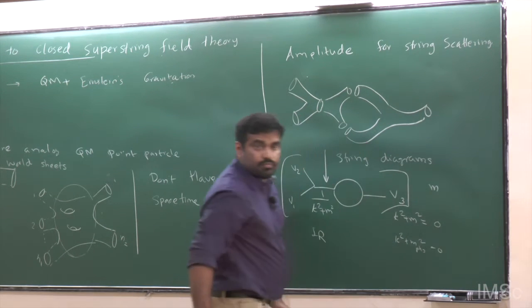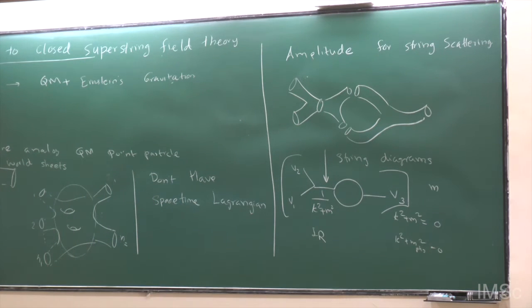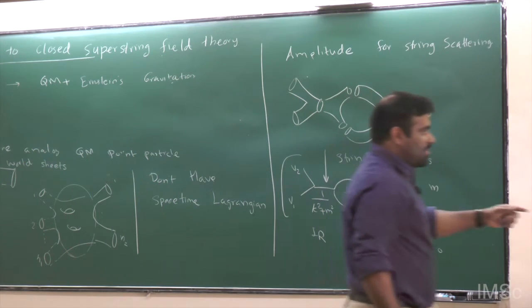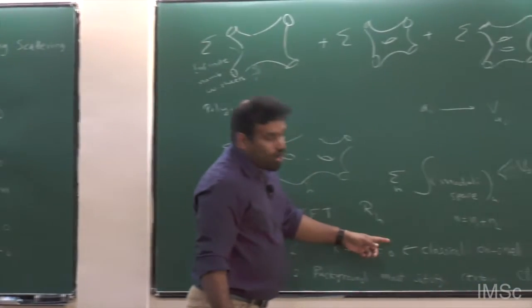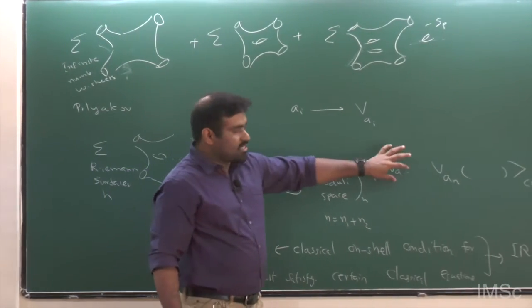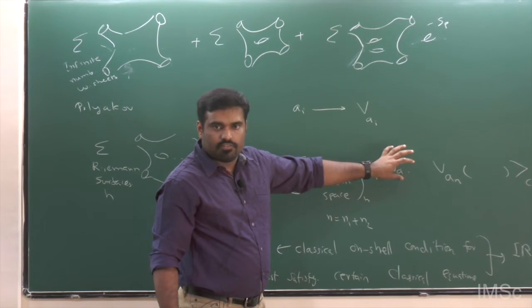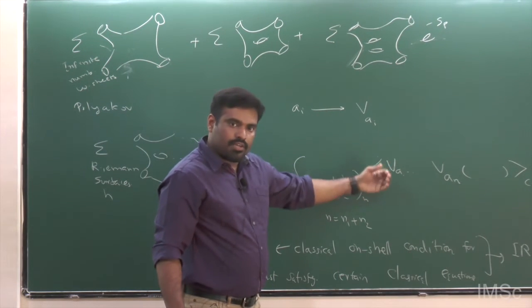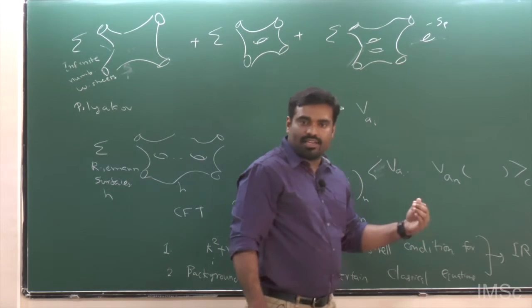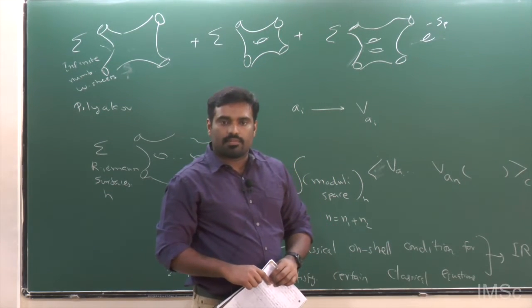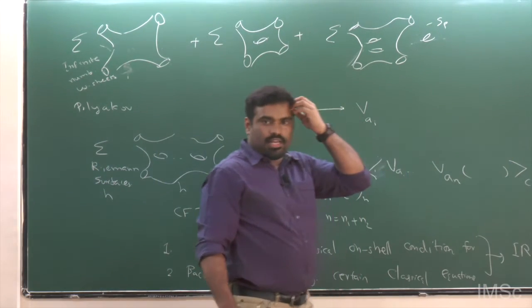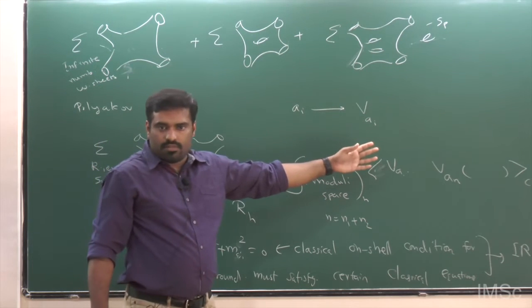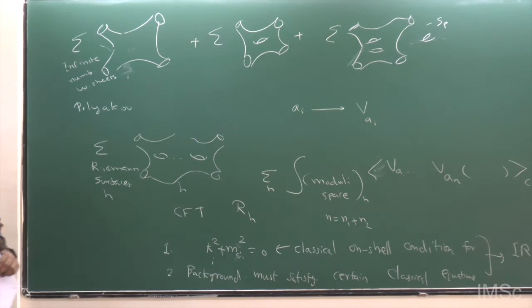So if you agree that even in string theory we demand only whatever we demand in field theory, then we are fine. But then you have a trouble here. If you demand that k square plus m square is not equal to 0, that's equivalent to introducing vertex operators having finite conformal dimension. Then that will introduce dependence on spurious data such as coordinates on the Riemann surface. So whatever you compute here won't be a physical object. But your claim is that what you compute is a physical object, which is the scattering amplitude. So you have a trouble here.